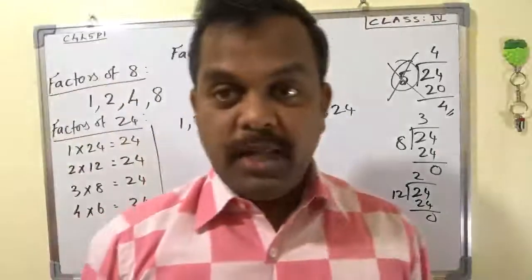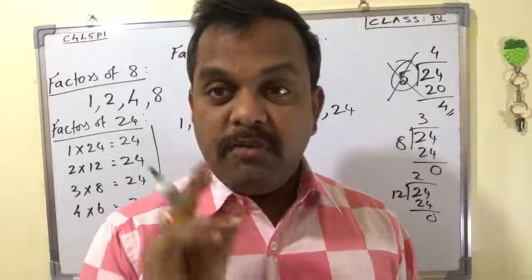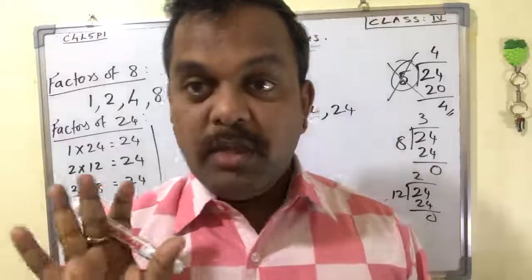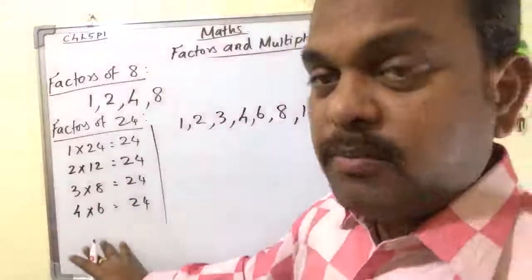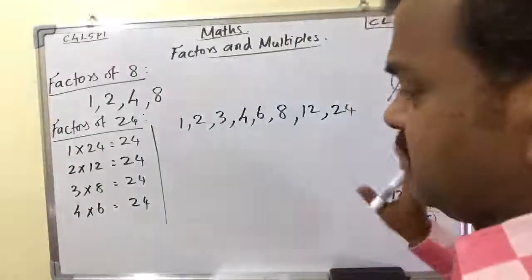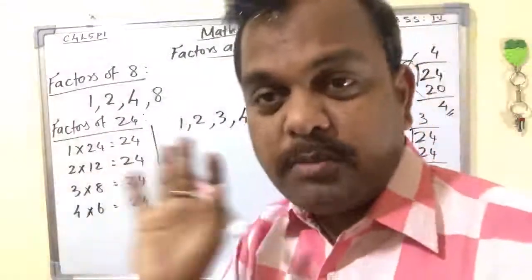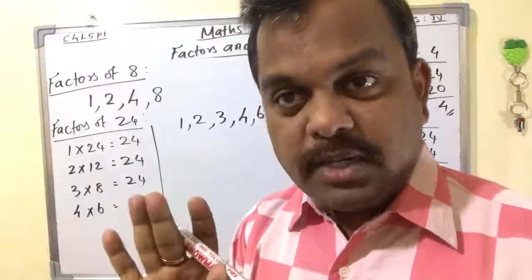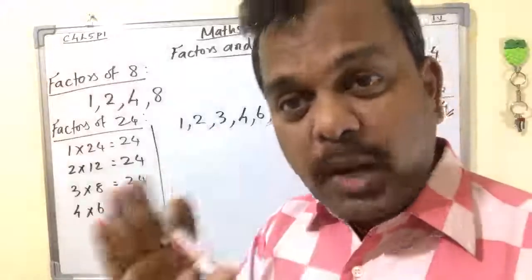So one more time I will explain how to find the factors. Factors means divides a number without leaving any remainder. There are two methods we can find the factors. One is by multiplication method. Another one is by division method. But better use division method, because by multiplication method, there is a chance to leave some numbers. Better check 1 by 1 number.